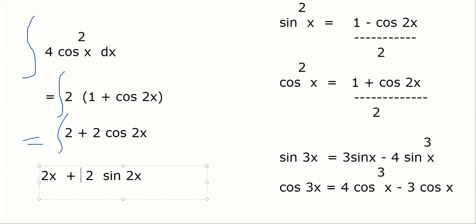So 2 and 2 cancel. And plus 3. Too easy. Similarly, sin square x also you can do, so I am not doing that. Cos square x, you know how to do sin square x. But